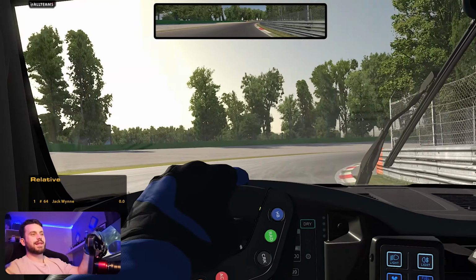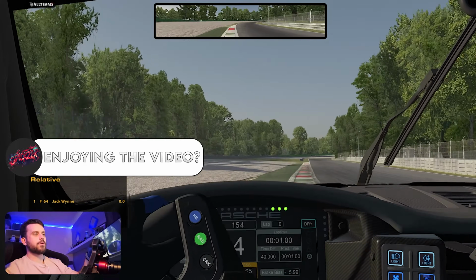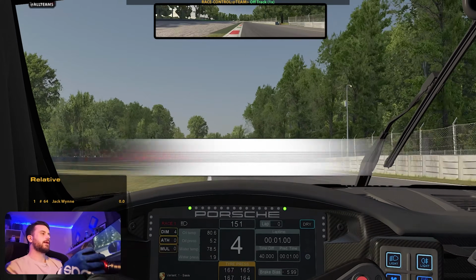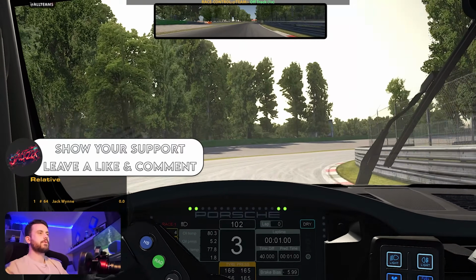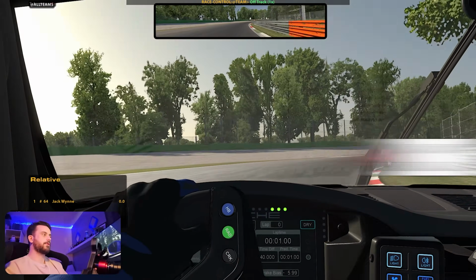I'm not sure if this is Lesmo 1 or I can't remember the name of the corner. If you do know it, let me know below. But yeah, I'm going to show you how to set this, and not only do we have that, we also have, and I'm going to pop it up here for you now,